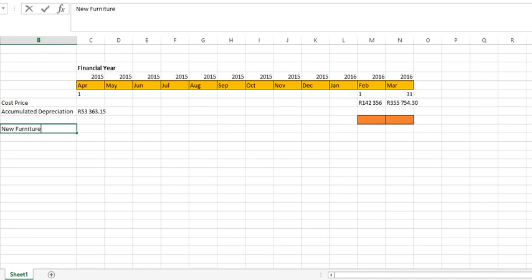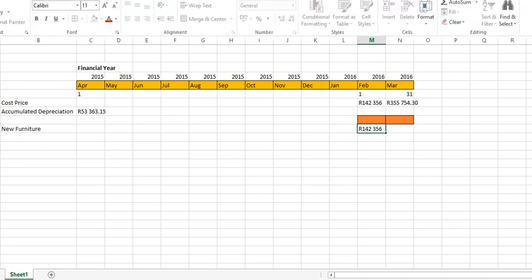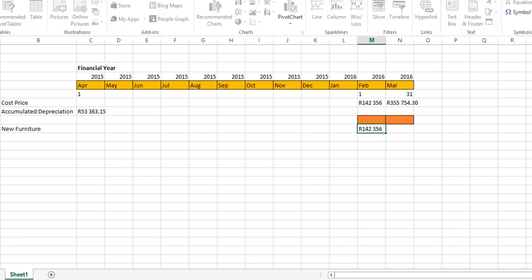New furniture. So in this, our cost price is 142,356. That we depreciate at a rate of